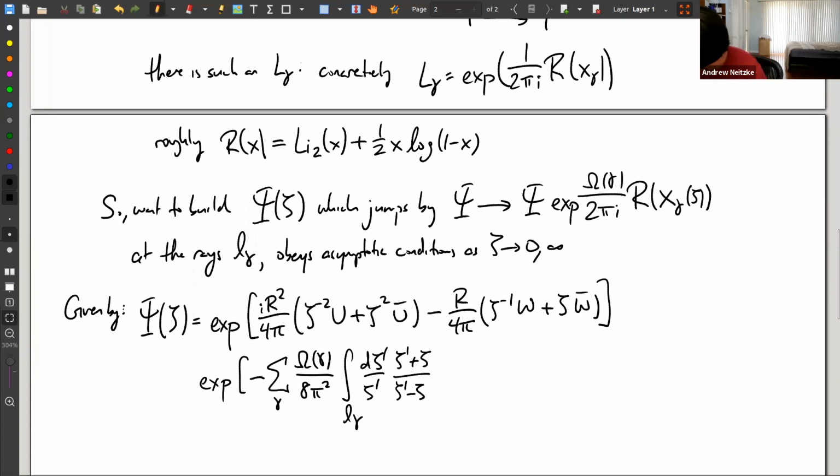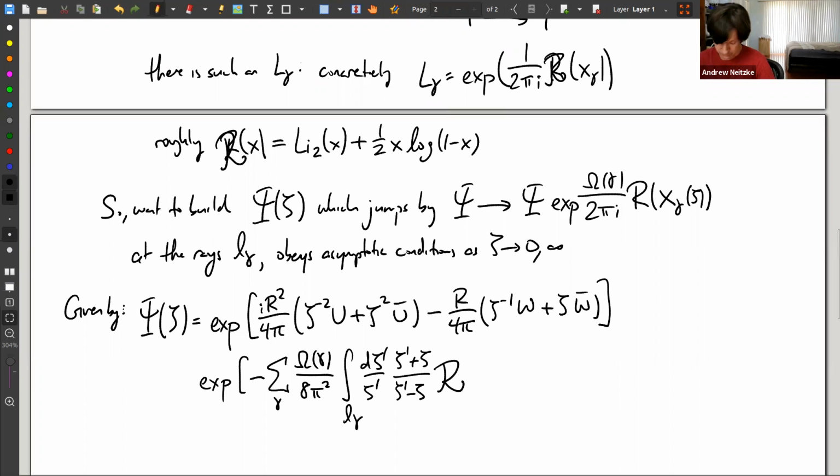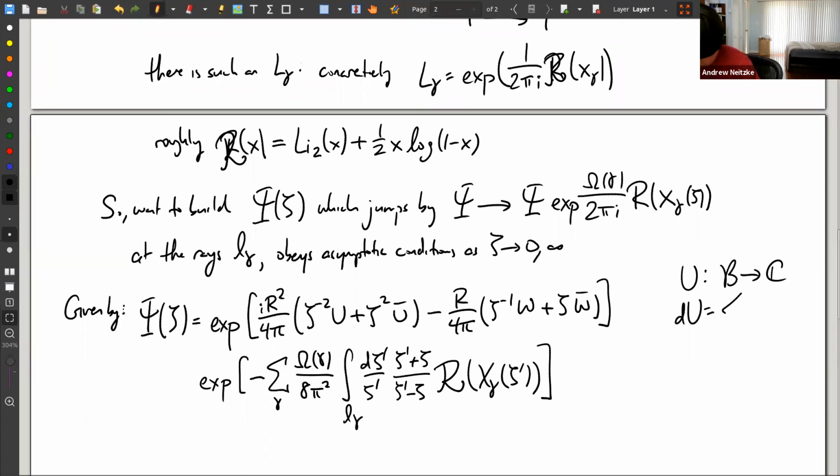Oh, I see. I'm using R for two different things. Okay, let's use a scripty R for the Rogers logarithm. So these R's are the ordinary R, but now comes the scripty R: Rogers logarithm of x gamma of zeta prime. Okay, where I have to define the u and w that appeared on the first line. So u is some function on the Coulomb branch, whose derivative is determined in terms of the z's, and w